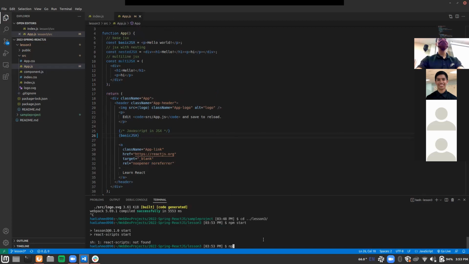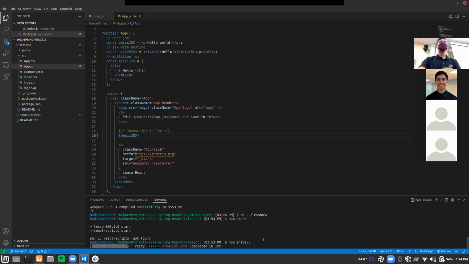Oh, I forgot. If you have this error, which is that it can't find the React scripts, that is very common if you use our demo code. The reason is that Node will not by default install all of the required files to make your React work, because those files are huge, sometimes a gigabyte in size. To force Node to install those, type npm install, wait for it to install all the required packages, and then